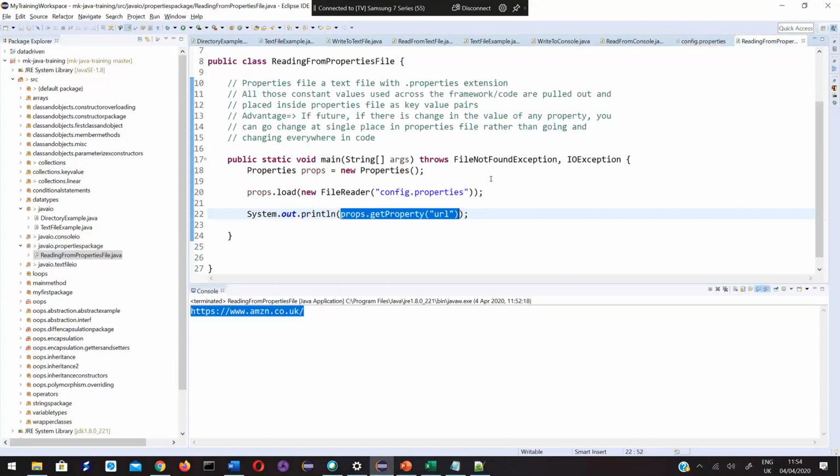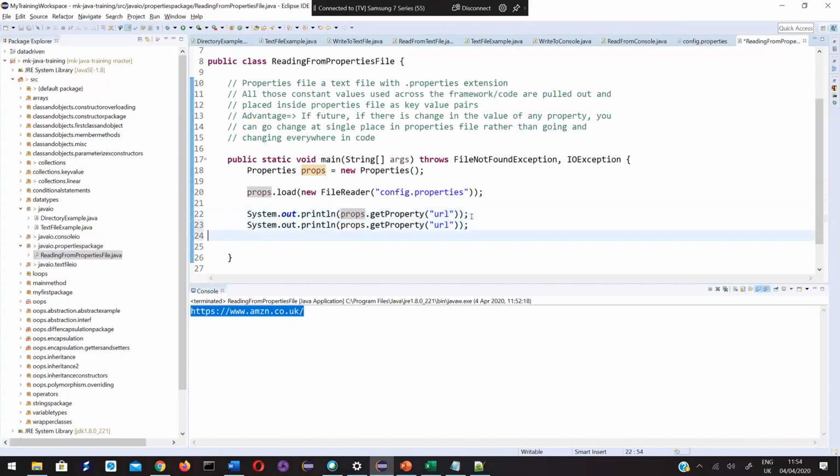Okay. This is a simple example of how to read a property from a properties file. Similarly, you can read username, password.